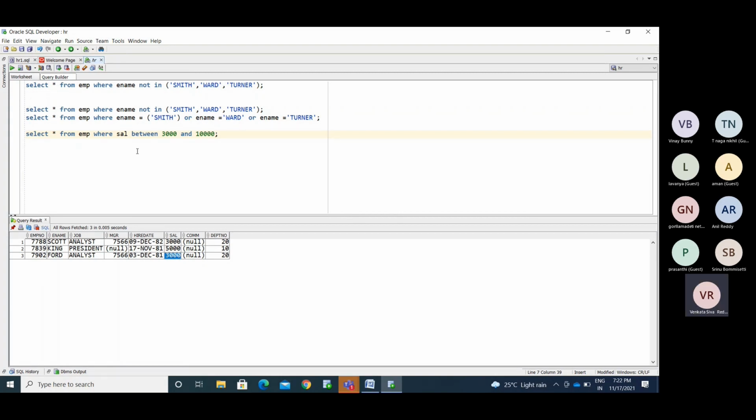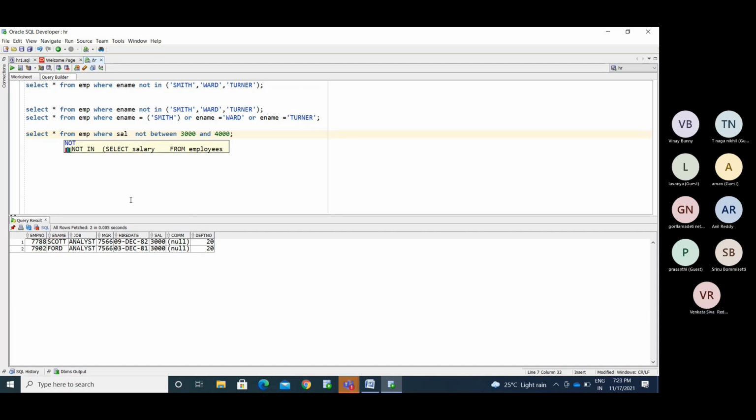Okay, so NOT BETWEEN. Now I can mention a range like up to 4,000. Now I am giving the range like this. If I use NOT BETWEEN, what are the values we have in this particular range? It excludes those values.